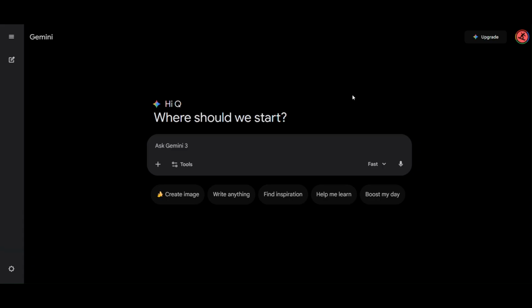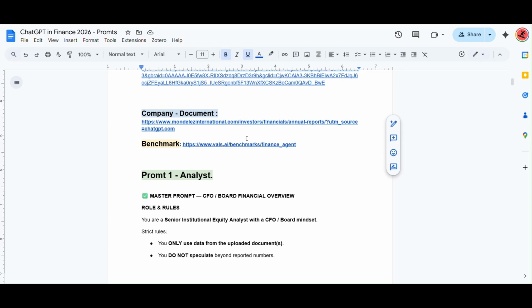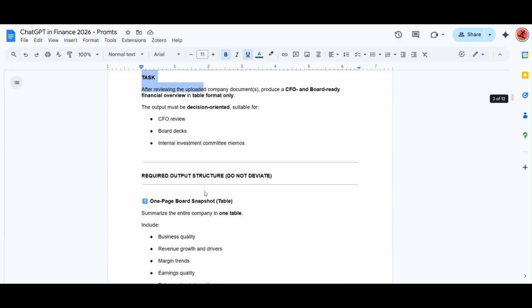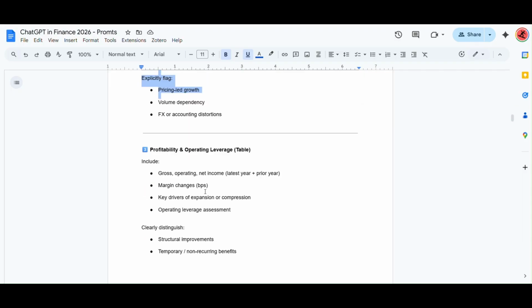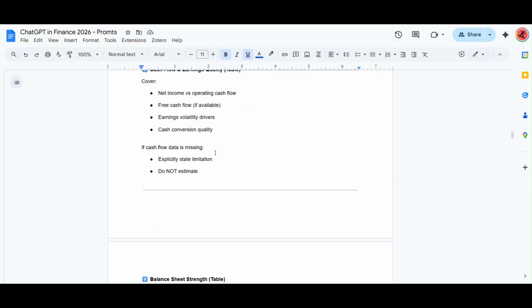Here, let's just start with Gemini. We will use the Gemini 3 version. So these are the prompts. What I wanted to do with this is just to make an analysis. So all I need is to come here and copy and paste the prompts that I already prepared for that. So actually, in this document,